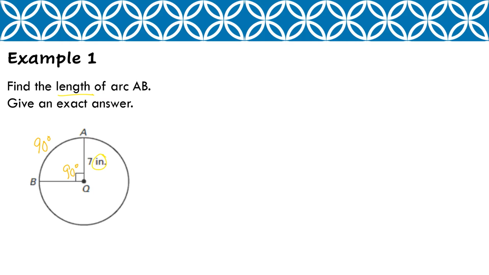We're asked to find the length. So the length of arc AB is equal to a fraction. That fraction is 90 degrees out of 360